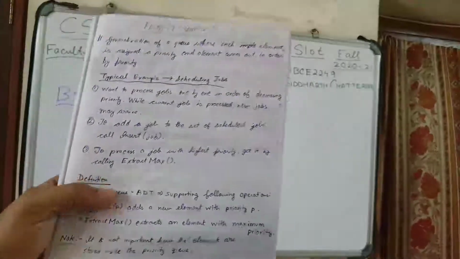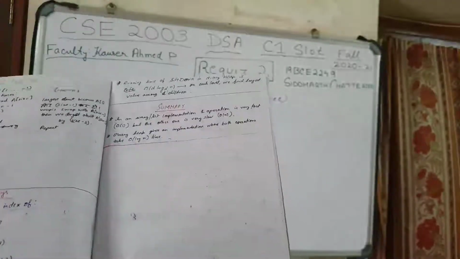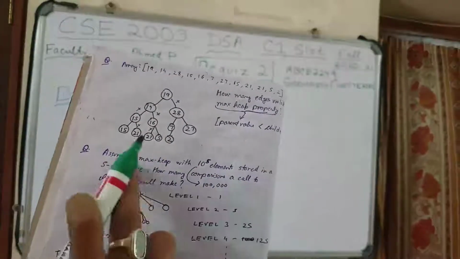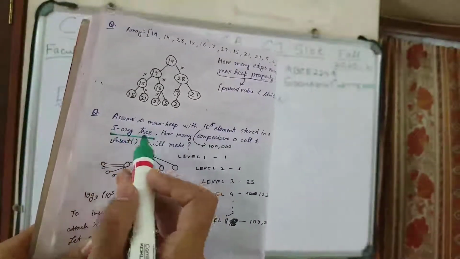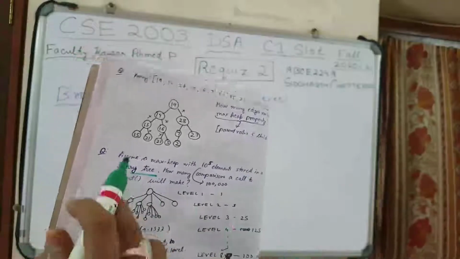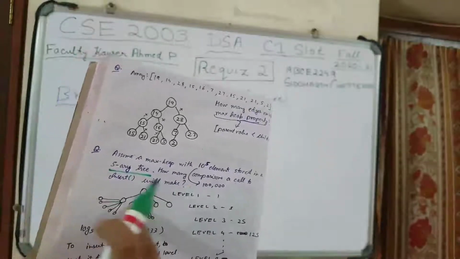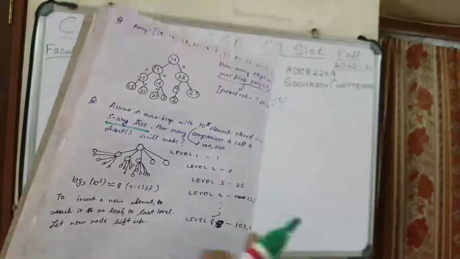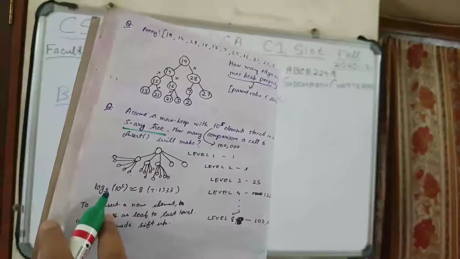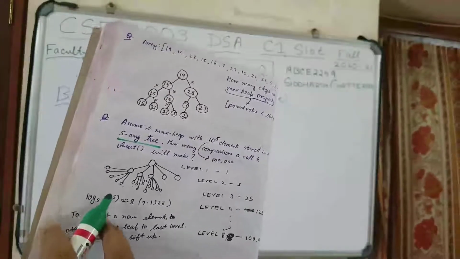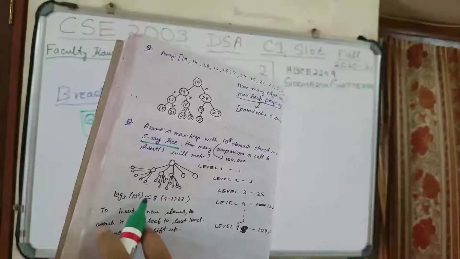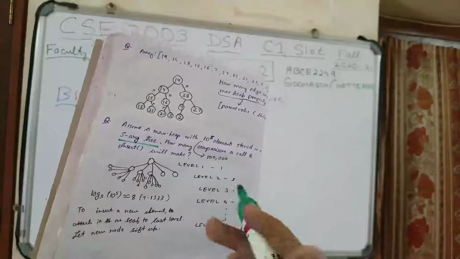Similarly, the next topics are priority queue and binary tree, and there were some more questions. I will explain one question here. This is a very important question, a very good one. As a max heap type data structure, 10 to the 5 elements are stored as a 5-ary tree. But a 5-ary tree is like a binary tree turned into a tertiary tree. Instead of 2 children, each node has 5. How many comparisons are needed? This is the formula: log base the number of children of the tree, it may be binary, 5-ary, 3-ary, 4-ary, of the number of elements stored, and whatever the log gives is the number of comparisons you need to make.